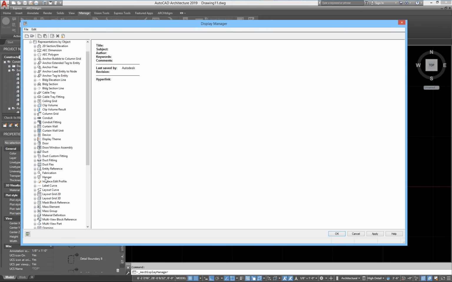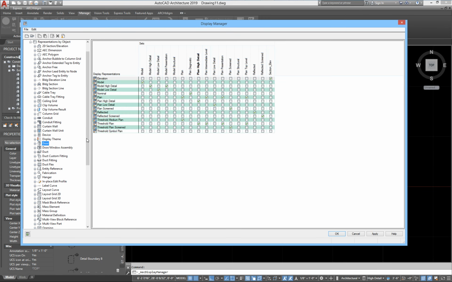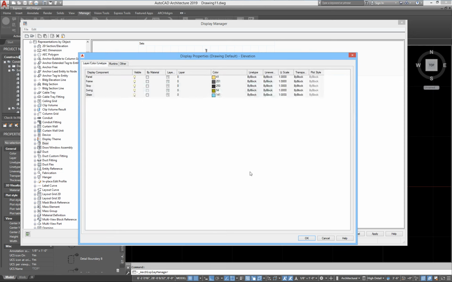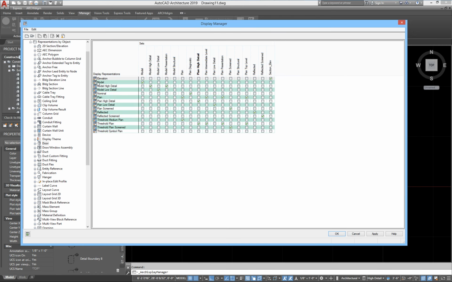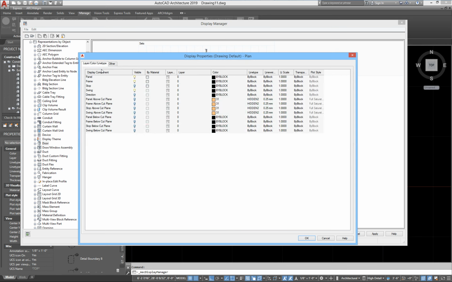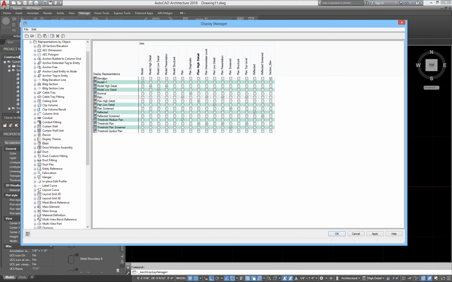If we go down here to the door, you now see that you have these representations. So elevation has this lineup of things. Model will have the same lineup of things, but plan will have a larger lineup of display components for how it would look in plan. But the primary set pretty much stays the same. You have panel and frame and stop. If you go to elevation, you have